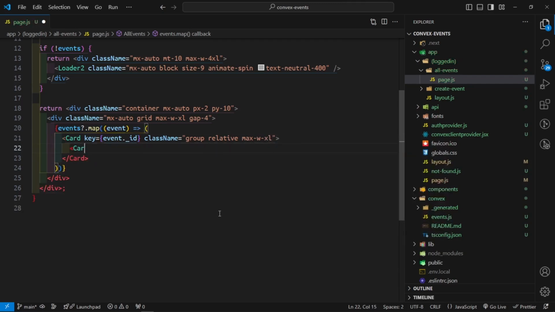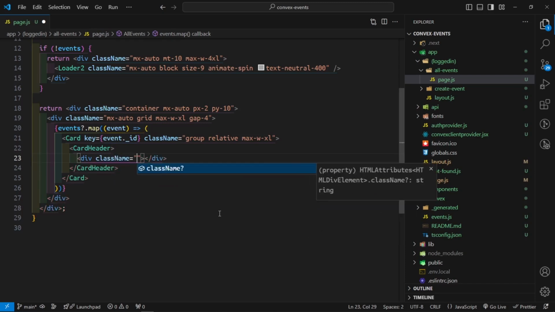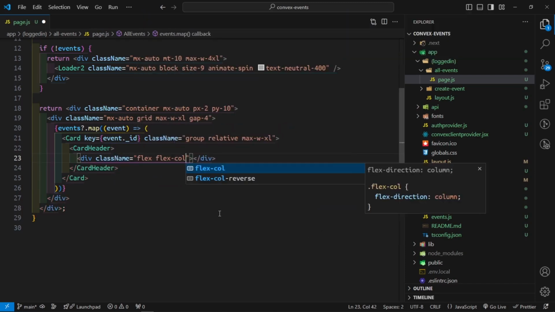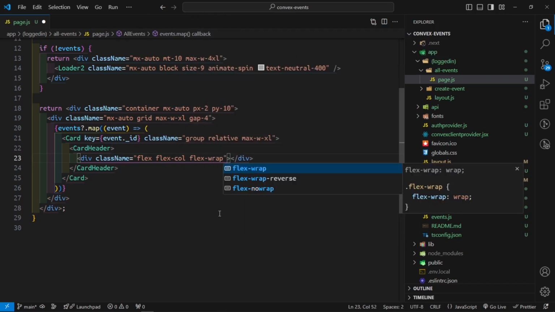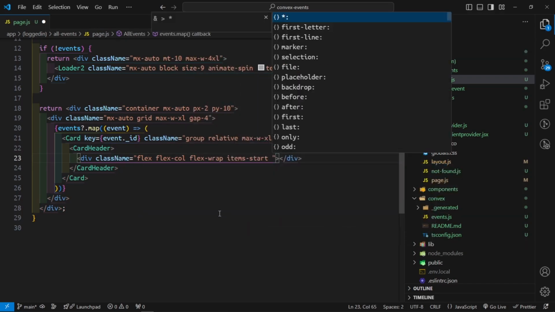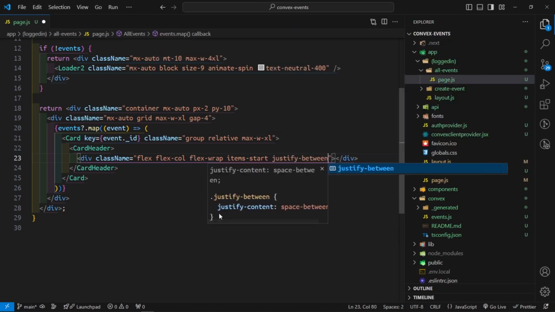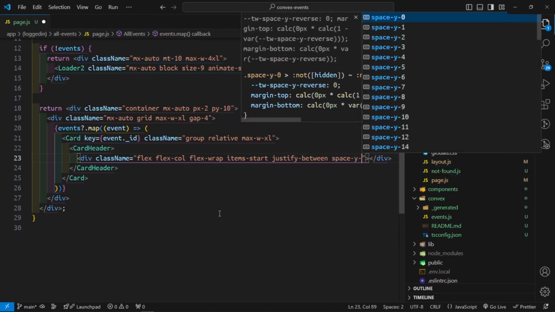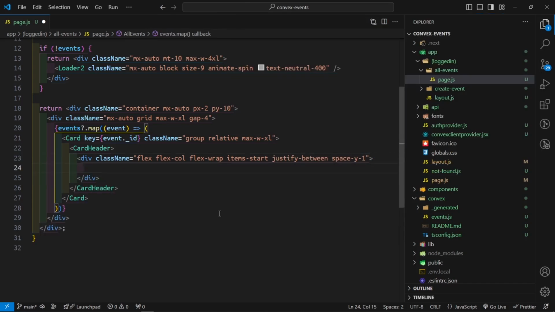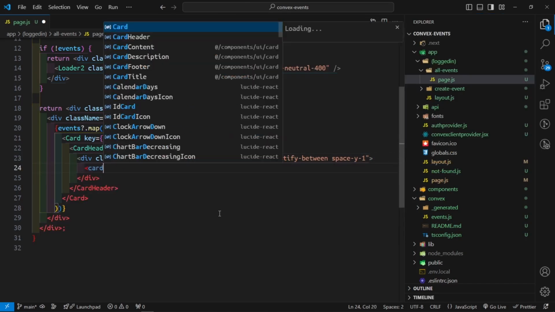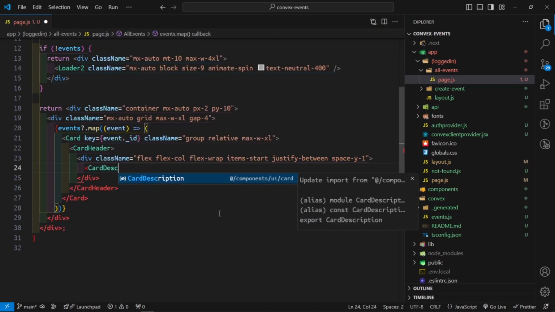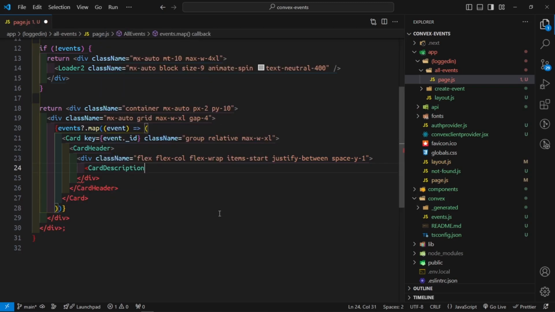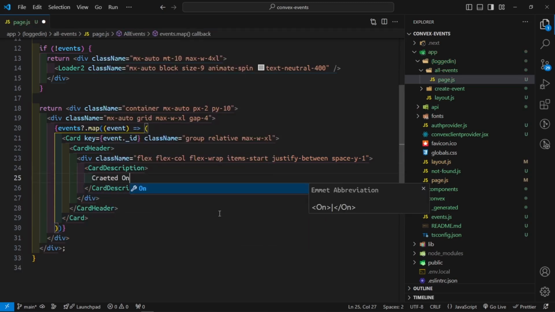And then the card is going to have another component called CardHeader, import it, and CardHeader is going to have a div, and this div is going to have a class name of flex-col, and then flex-wrap, and then items-start, and then justify-between, and then space-y-1. And then inside this div we're going to have a CardDescription. So CardDescription coming from components UI card, and the CardDescription here, the first one is going to say created on,